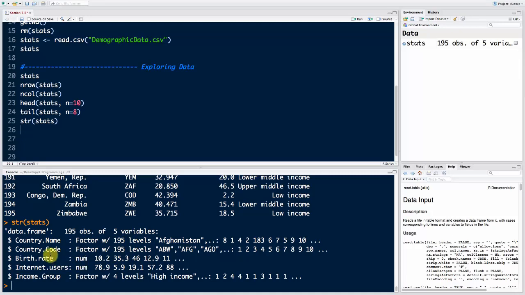Okay, and also we have birth rate. R has told us that it's a numeric value, and internet users also a numeric value, and it's just giving you some examples. So that's the str function, and actually it's one of my favorite functions, because